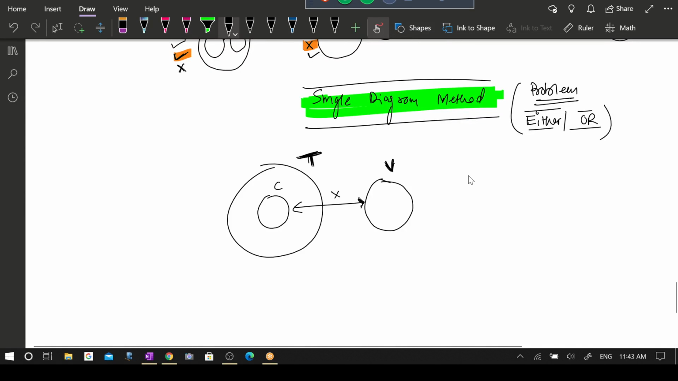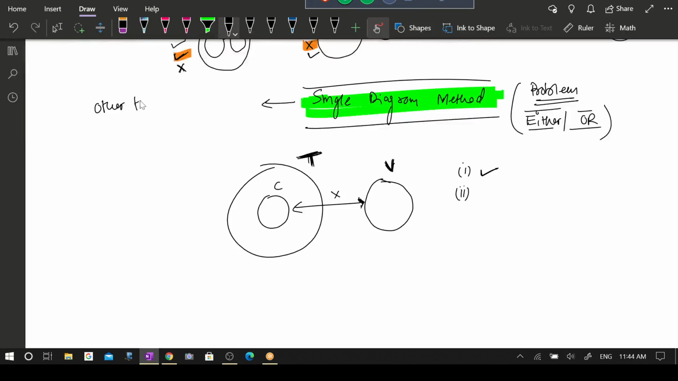All right, now let's talk about the first again. First was, what was that? No toys are wets. No toys are wets, isn't it? No toys are wets. Here it is true, right? Second, all wets are toys. Now the best part, listen, in the single diagram method,